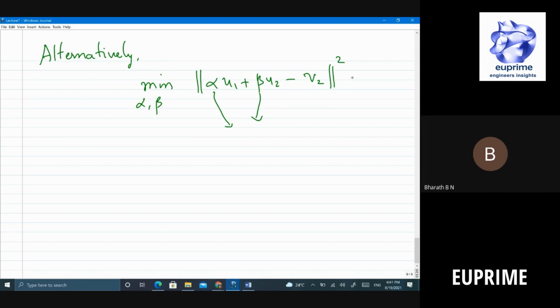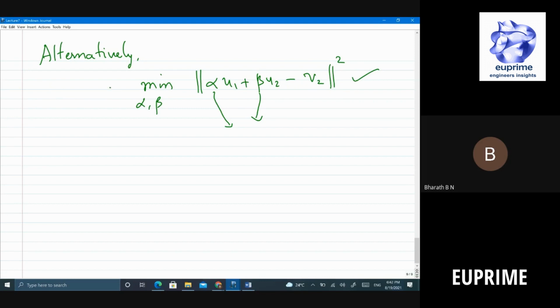Projection attempts to do this, okay? This is projection. Projection of, okay, so I think I should teach you one more thing. Let's say minimize over all alpha beta. So what do I get? I get, let's say,